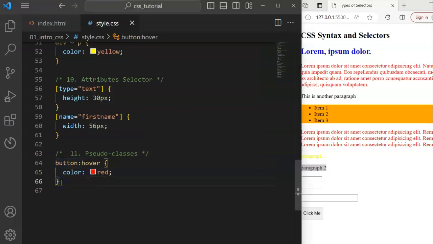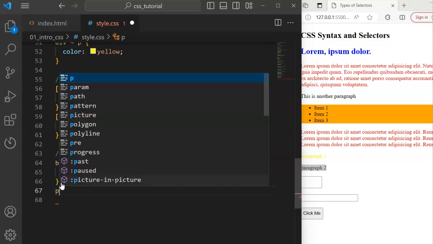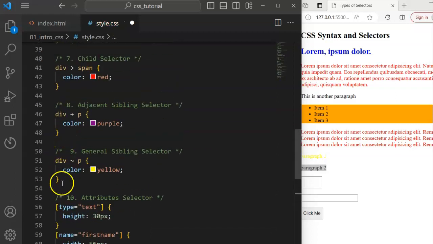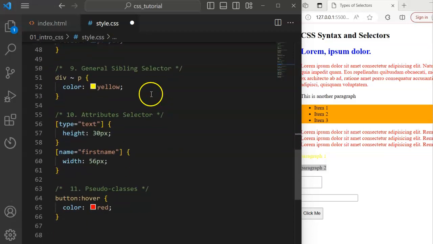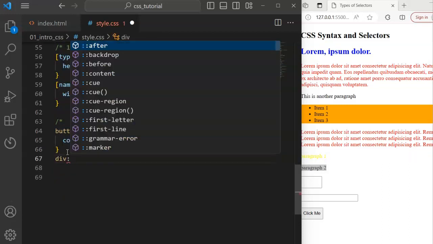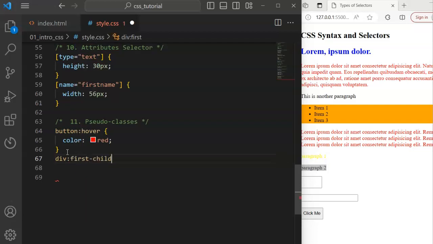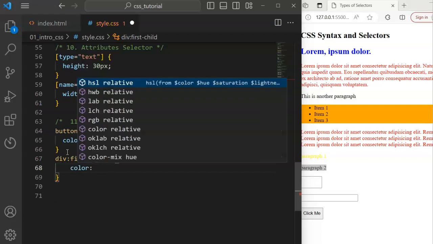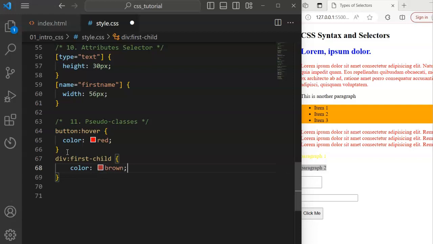Now we also have other pseudo classes like first child, last child, nth child. Let's use the div that we have created. Let me comment out the span. Now we have the div, maybe the first child. If I want to select the first child of the div and I want to make the color something brown, for example, brown. If I save,